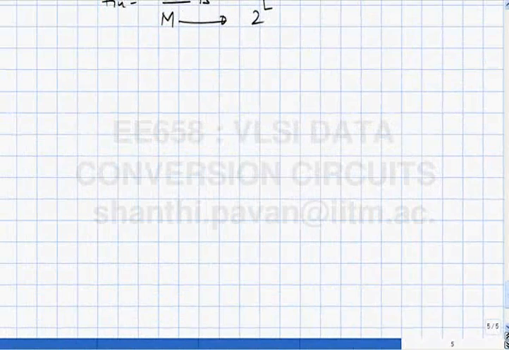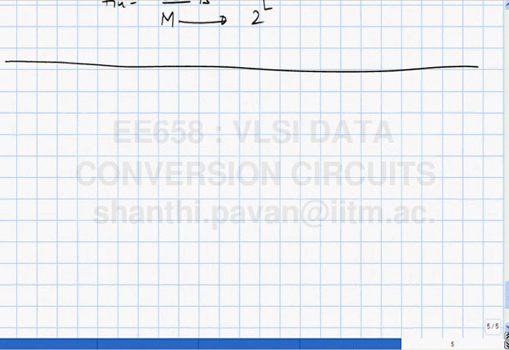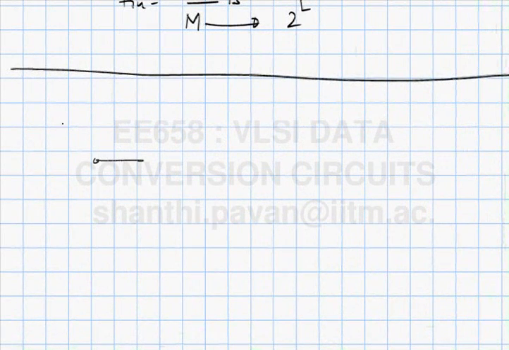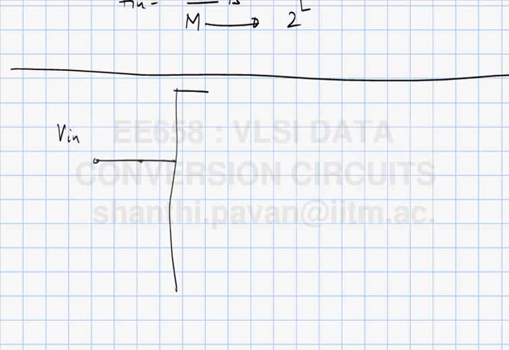The simplest thing I can think of is the following: we have this analog input, let's assume it is held. What do I do? One way is to compare this input with